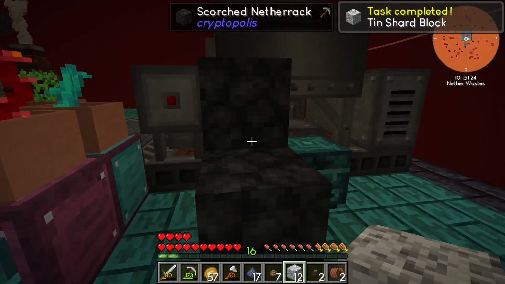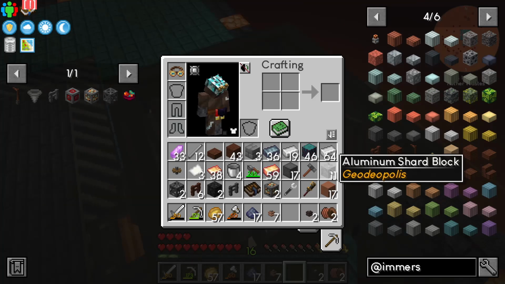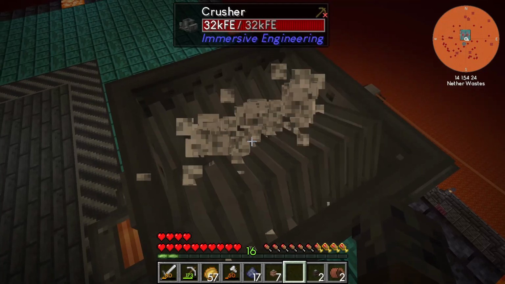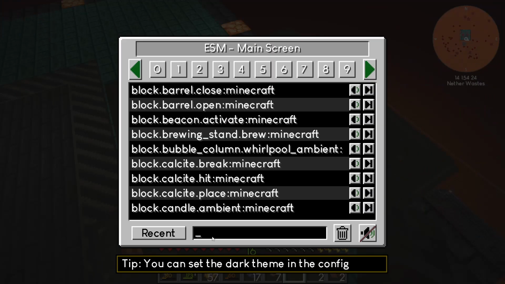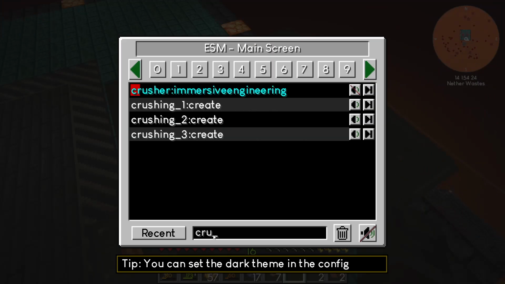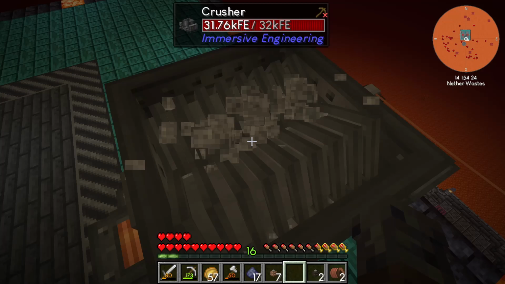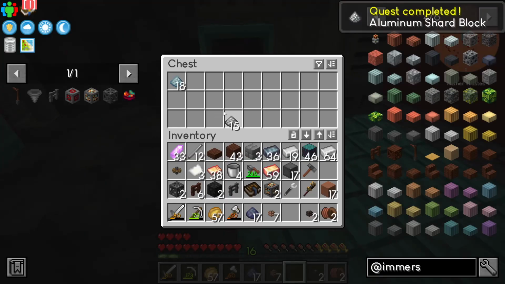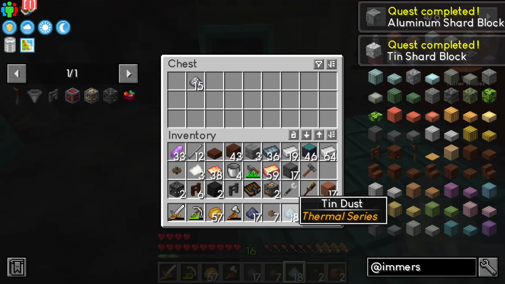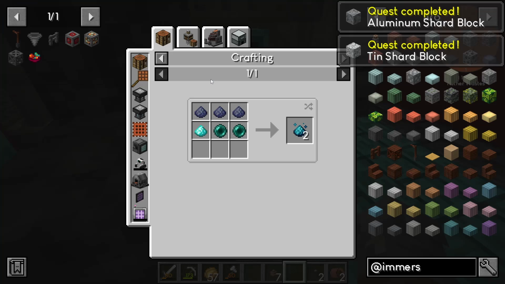And we should be able to throw these into the crusher respectively. Oh, that is so nice, the muffling. I still want to hear it a little bit, but not as much. And the items are coming in here, so there's our aluminum grit, tin grit, and unfortunately,